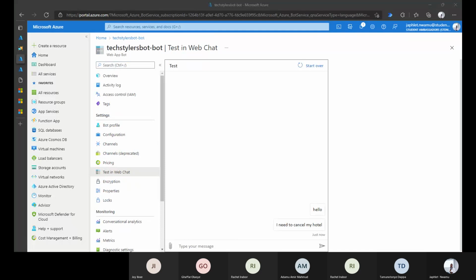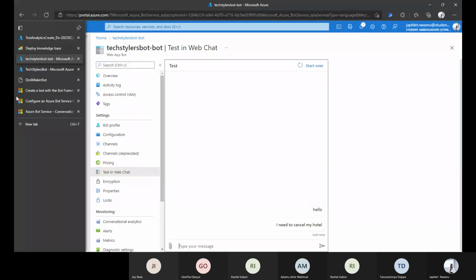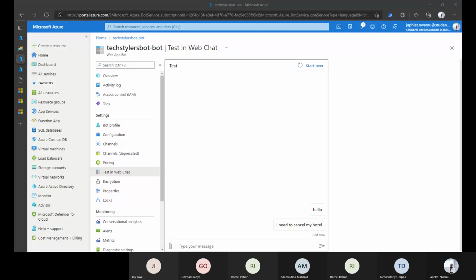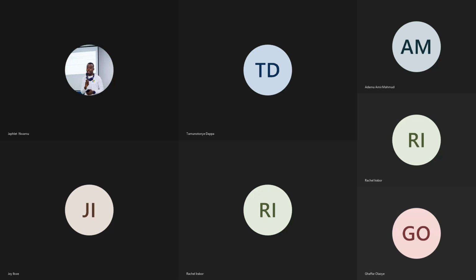But this is how you can create your bots. And then if you need to integrate, you can make use of your Azure bot framework to integrate it to whichever platform you decide to integrate it into. So I tried to make this as short and as quick as possible just because of time and the network difficulties. So hope you all were able to follow along. If you're unable to follow along, you would get the recording in the YouTube channel for you to